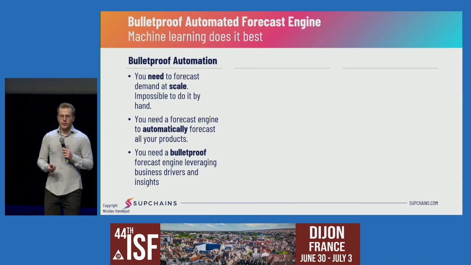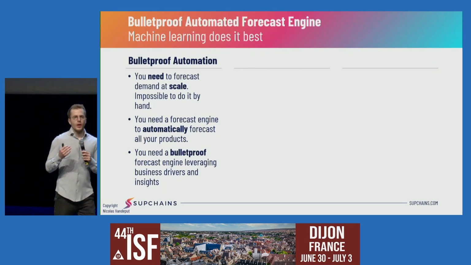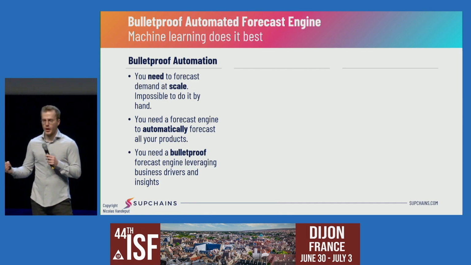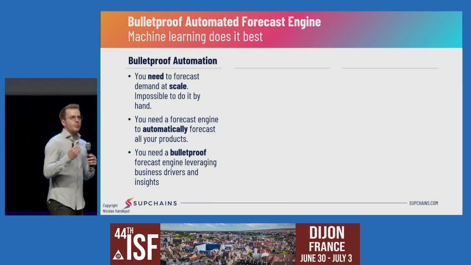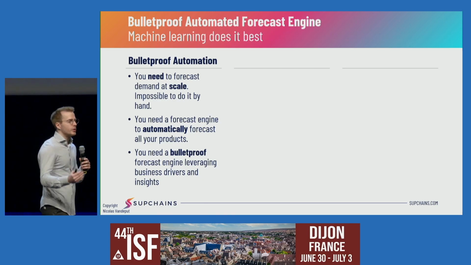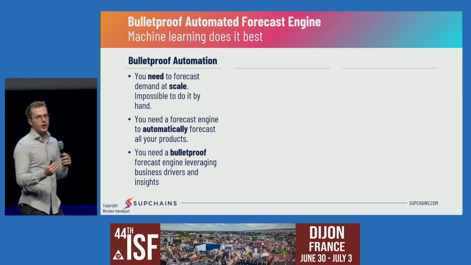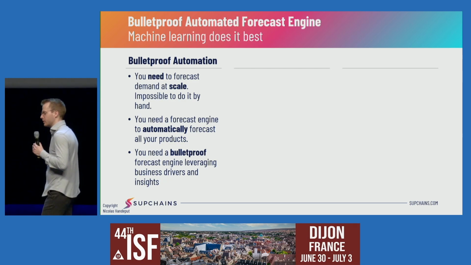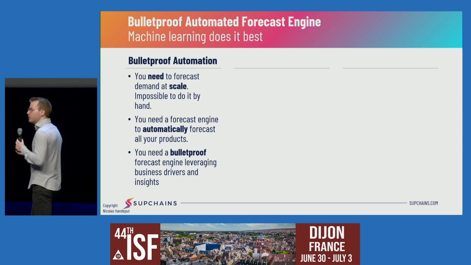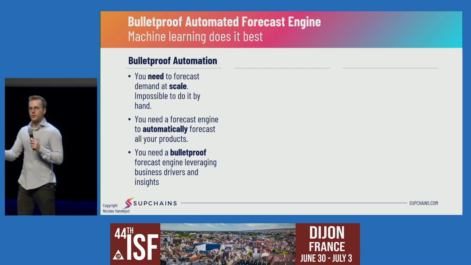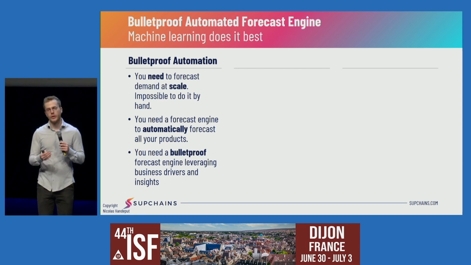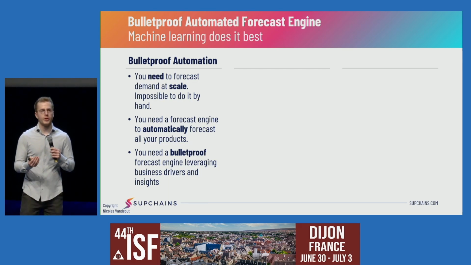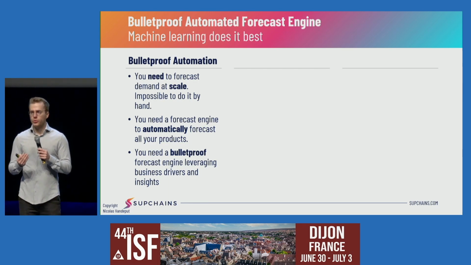Now the second step is to create something I call a bulletproof automated forecast engine. If you are a supply chain, you have to make forecasts and decisions at scale. So you have thousands of products, you maybe have 10, 100 locations or points of sale, so the combination of that might be 100,000, 10,000, 20,000, whatever. It means that if you need a human to create all these forecasts, to review all these forecasts one by one manually, it's impossible. You don't have the time, you don't have the resources to do that. And as we've seen on the first slide, humans are not great at doing this. So you need a tool to do this at scale.